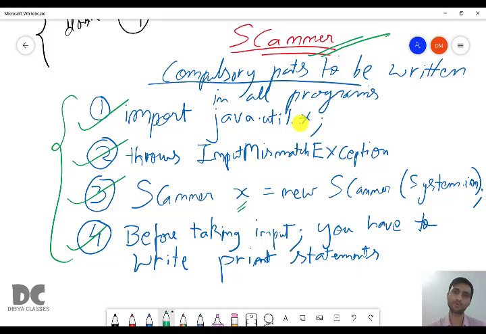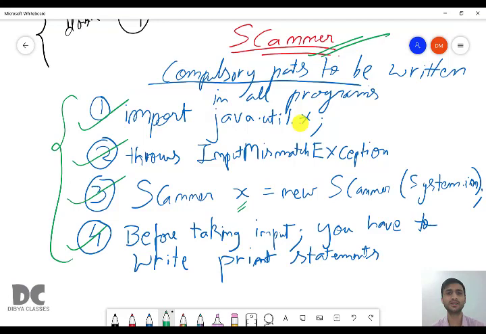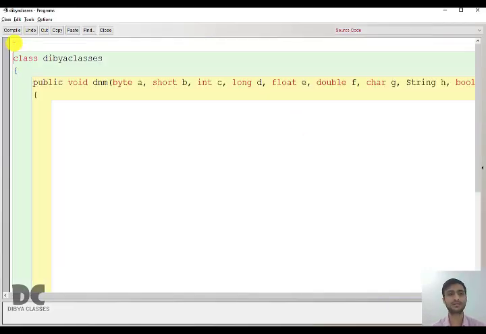Now let us move to the program for that. The first point you have to write every time is import java.util.asterisk, and you should write it before starting the program. Here we have started writing the program, that is class. Before class you have to write this statement, import java.util.asterisk.